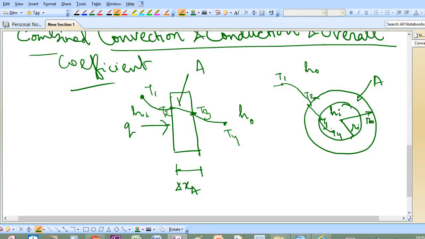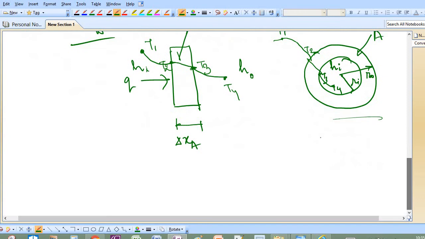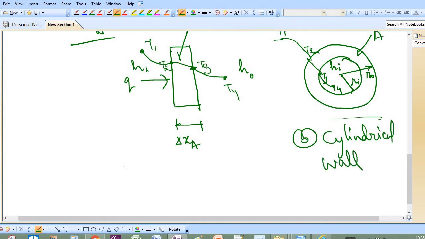So what do we find here? We are having a plane wall, so this is a plane wall, then I write this is a cylindrical wall to which combined conduction and convection is occurring, and this is our plane wall. After that, in many practical situations, the surface temperature or boundary conditions at the surface are not known, but there is a fluid on both sides of the solid surfaces. We consider these figures in figure 4, this plane wall and cylindrical wall with a hot fluid at temperature T1 on the inside surface and a cold fluid at T4 on the outside surface.